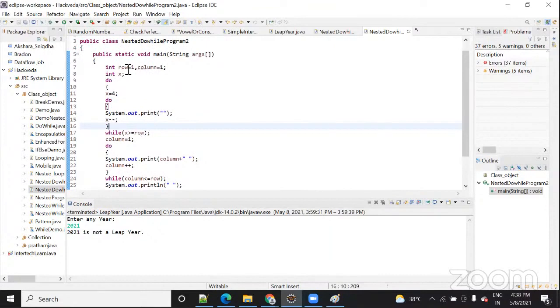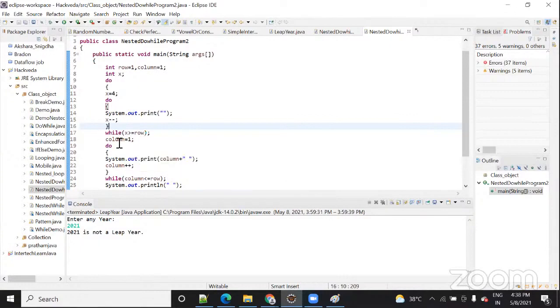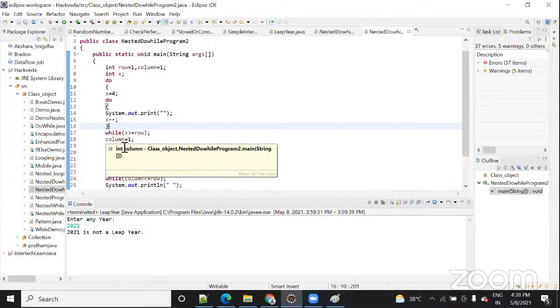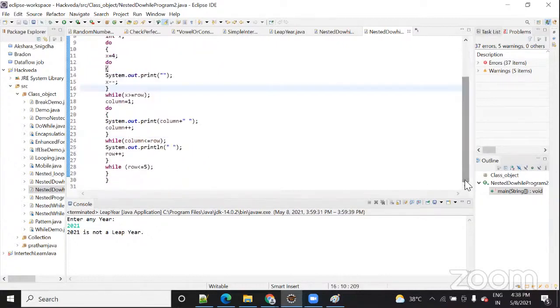So suppose row, you are talking about the row first. How row first means that 3 is greater than your row. So this do while loop will print out four spaces. Yes, correct. Then as you get the column value 1, you will again come to the do condition. But if you remove that column is equal to one, then also the code will run the same only.